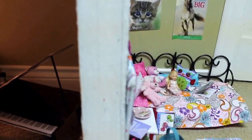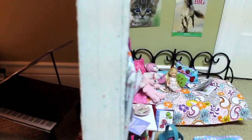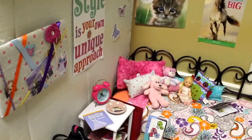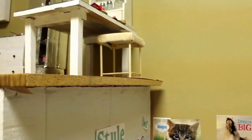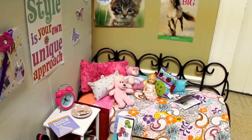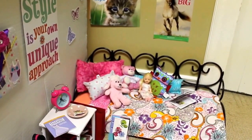The next room is Willow's room, which I recently posted a tour of, but it moved again, so there's another tour of it. So Willow's room is uncovered. It's right by the kitchen, as you can see. So starting over there is her bed, and it's the same bed. It has the same bedding, and it just has a bunch of stuff down